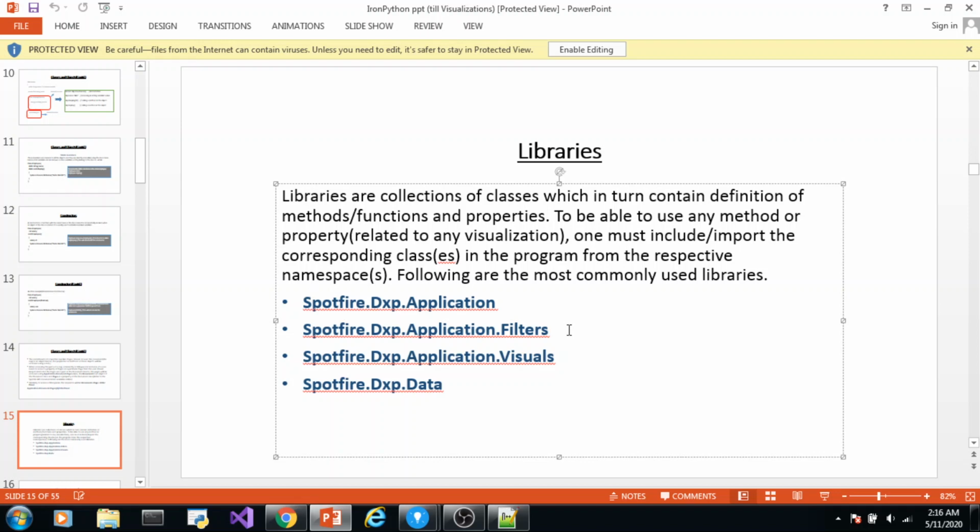Because the definition of the function, method or property that you have used is not included in your program. And why is that not included? Because you have not included the library which contains the class which contains the definition of those methods or properties. So you need to include this library before writing a program to access the filters. Similarly, when dealing with visualizations and their features, you need to include these libraries.